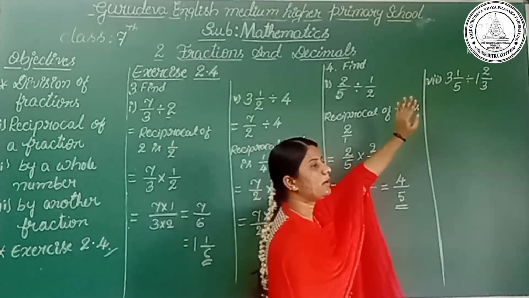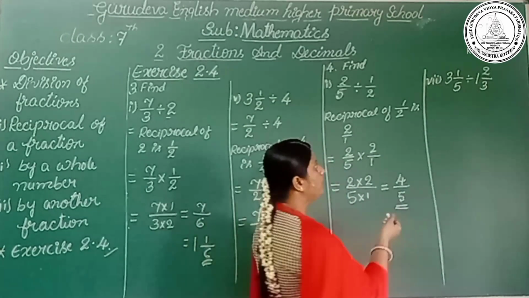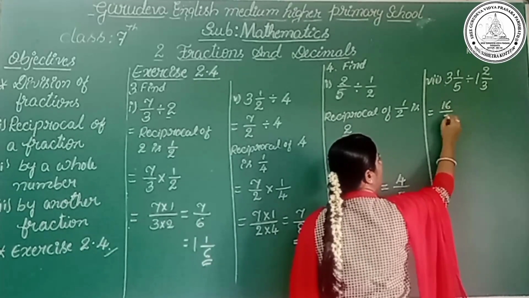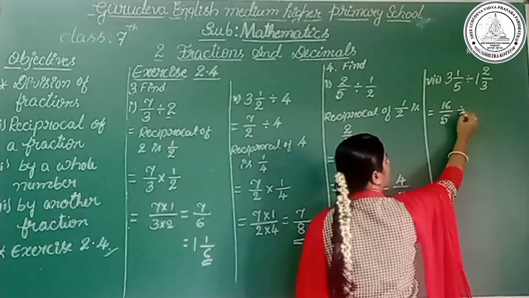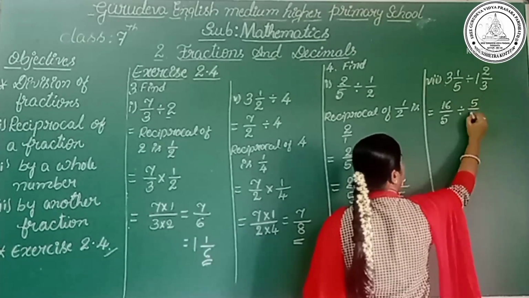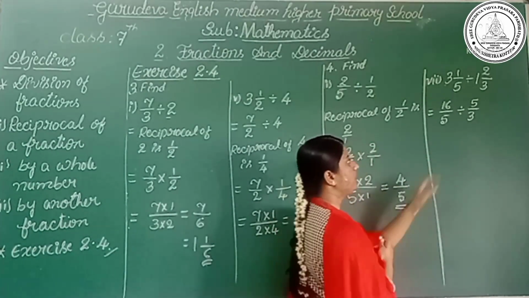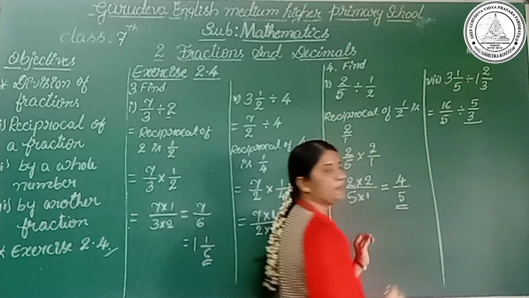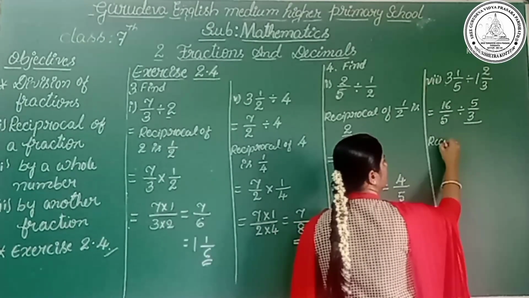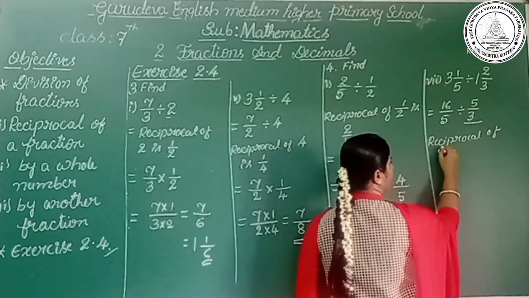Okay. Then let's solve here. Before going to solve, we have to convert the mixed fractions into improper fractions. Okay, let's convert here. 5 threes are 15, 15 plus 1, 16, 16 by 5, division symbol, then 1 three is 3, 3 plus 2, 5, 5 by 3, which is equal to. Then the next process is we have to take the reciprocal of 5 by 3. Okay, so take the reciprocal of 5 by 3, which is 3 by 5.